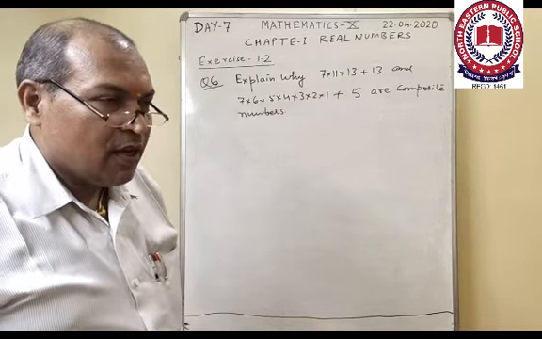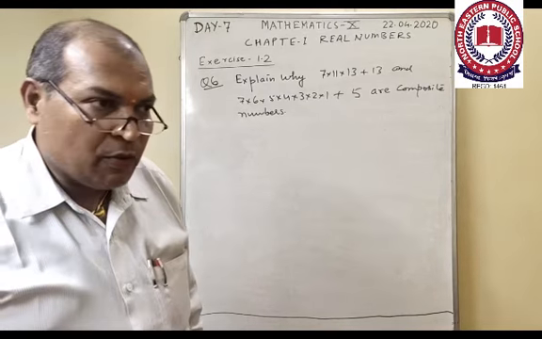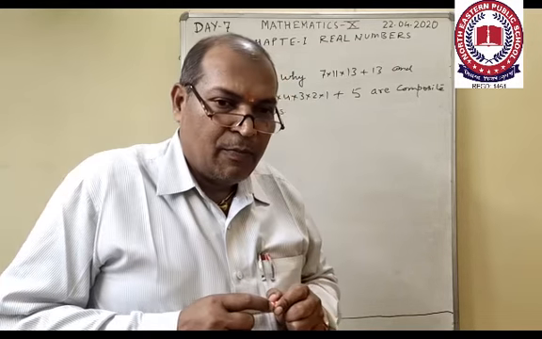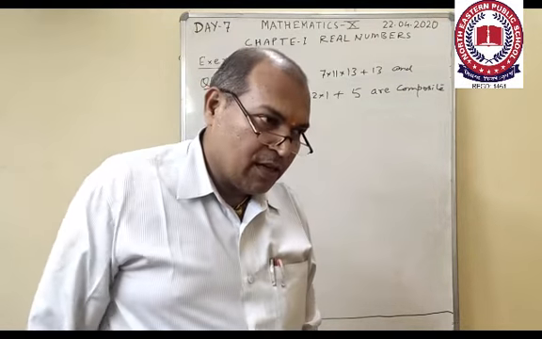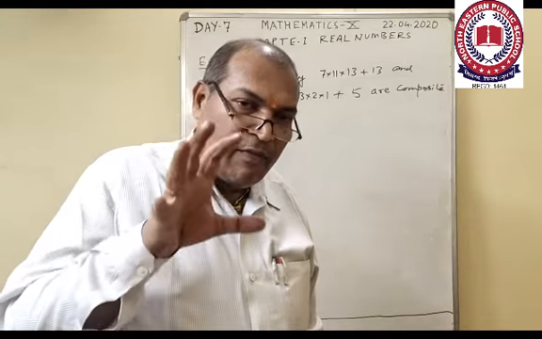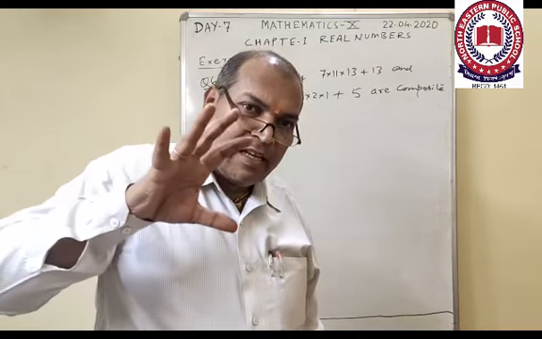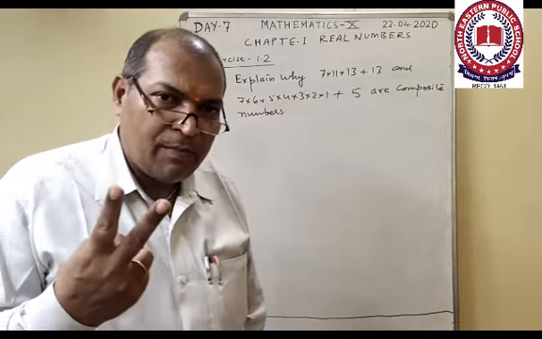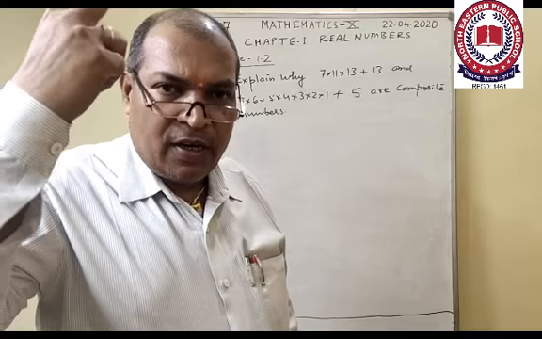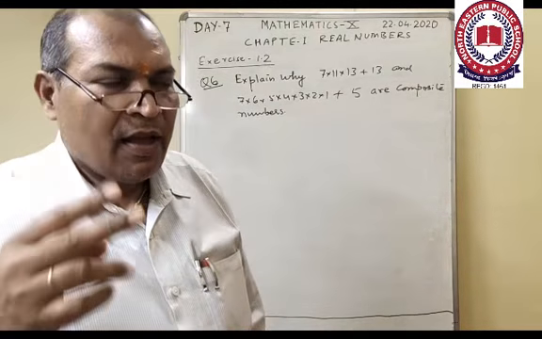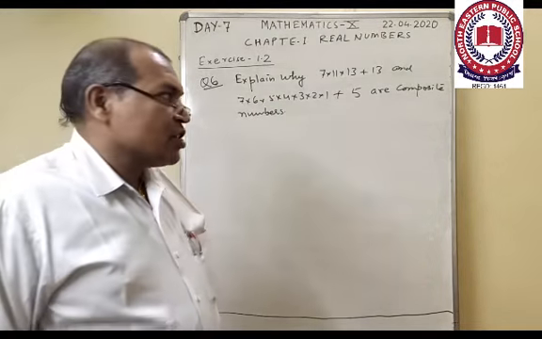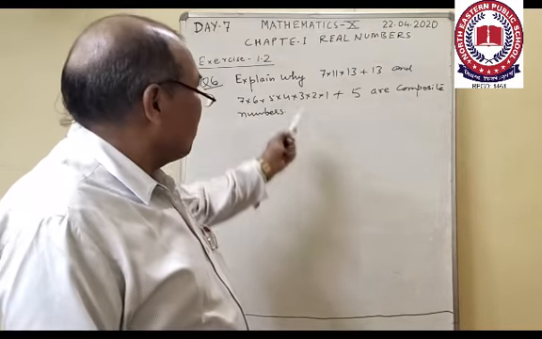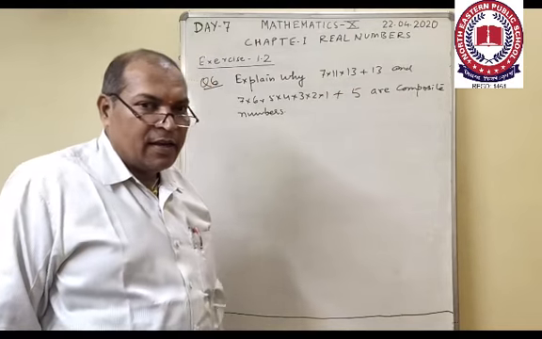So first I should tell you what is a composite number. When we are given any positive integer and we get the prime factorization of it, and when we get minimum 2 or more than 2 prime factors, such a positive integer is known as a composite number. But we have to use here some mathematical operations provided in the problem.